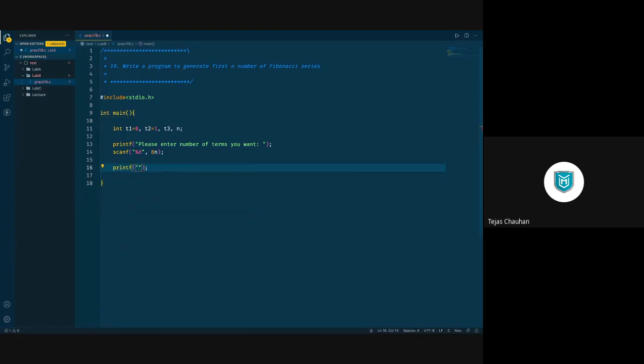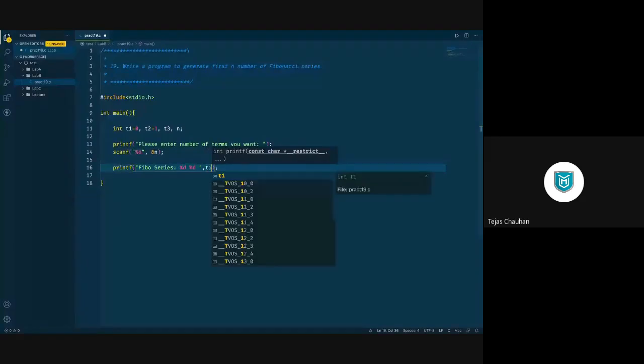Okay, so let's say Fibonacci series, and then %d for the first term, space, %d for the second term, space. So पहली टर्म मुझे कहाँ से मिलेगी? T1 से, और दूसरी टर्म मुझे मिलेगी T2 से.